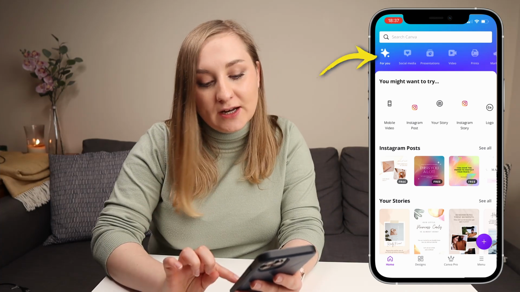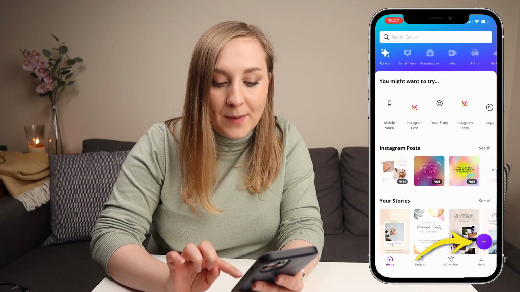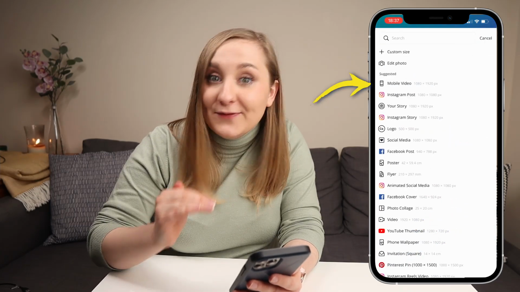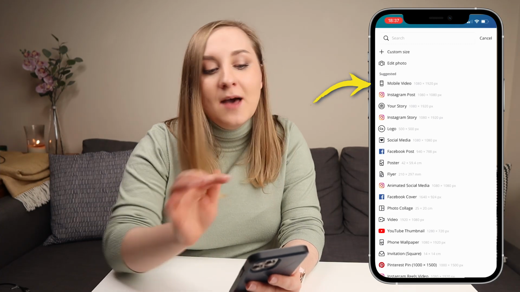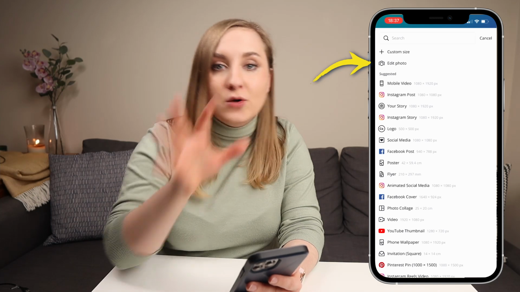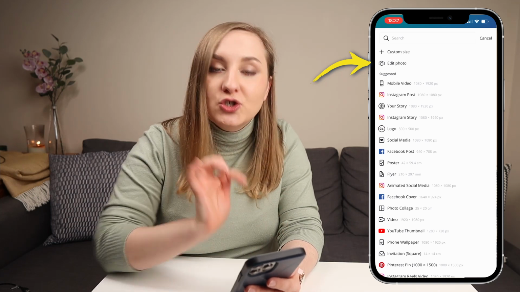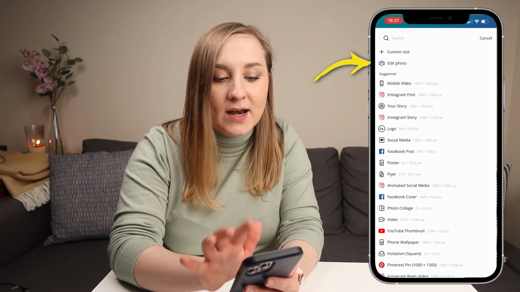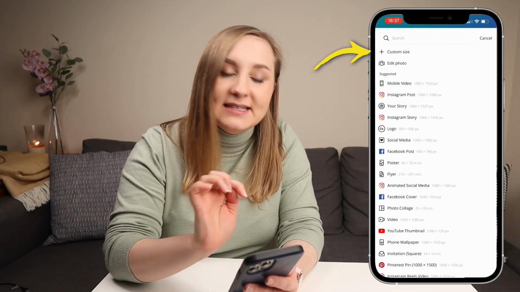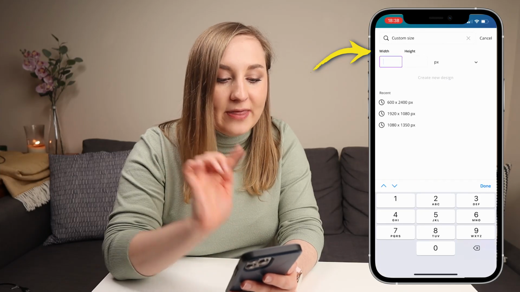Then the other way, you can click on that little plus sign in the bottom corner, and then if you click on it, you'll see all the different templates that are suggested by Canva, but you can also edit using a photo. So if you have something that you want to edit around, add some elements to, you can just choose that option. And the other one is custom size. So if you're looking for something with particular dimensions, this is where you would enter it. And let me show you that option.